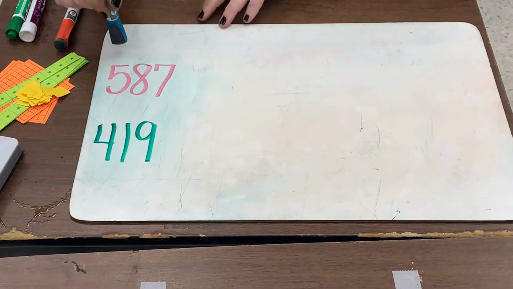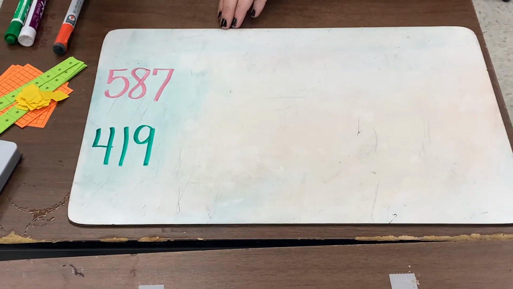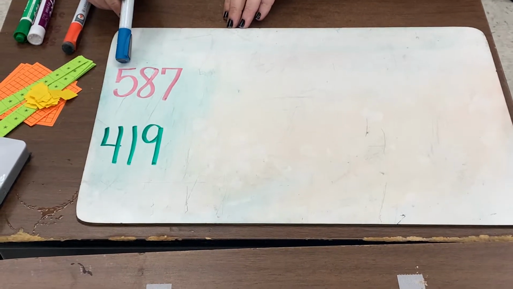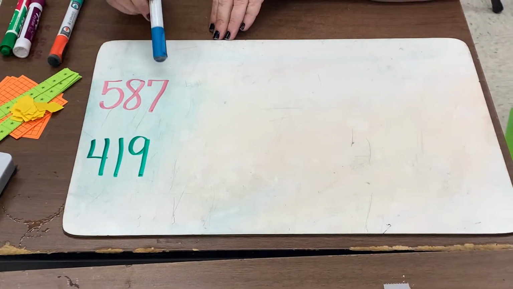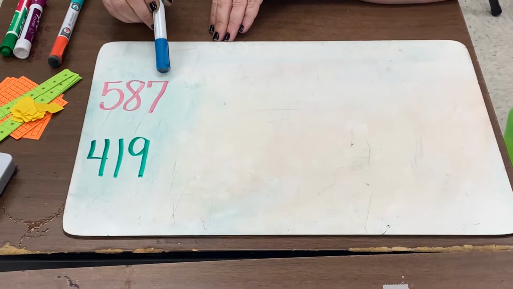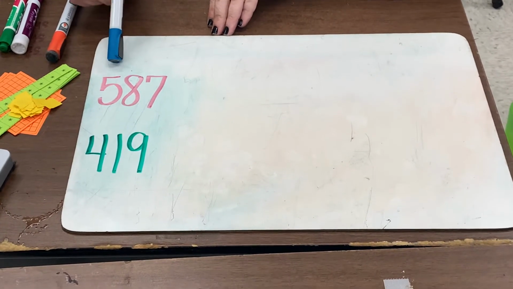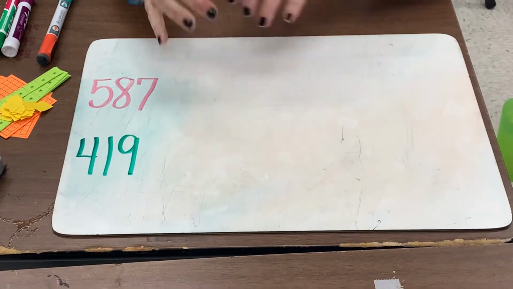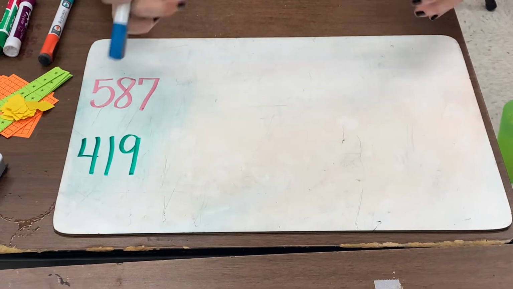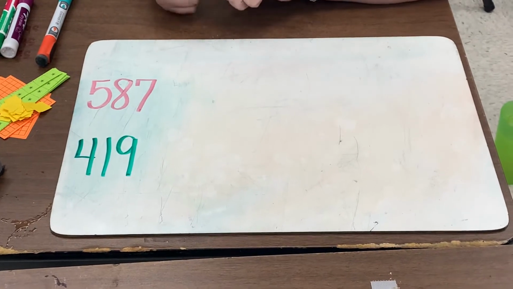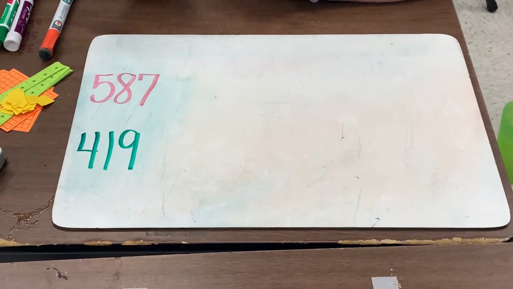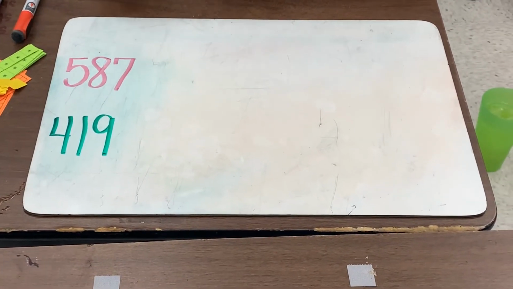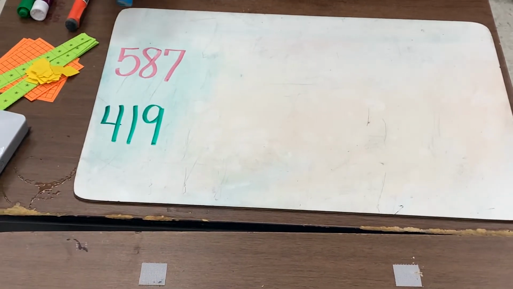So let's take our first number here. Read it with me. We have 587. So what we're going to do is put 587 in expanded form, which is just stretching it out into its place values. When you read a number, you can hear the place values and it helps you to put it in expanded form. Let's say this number again,